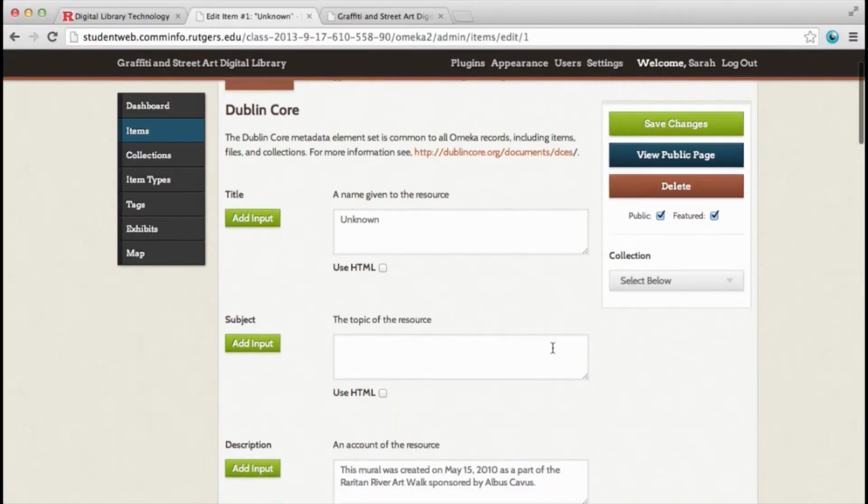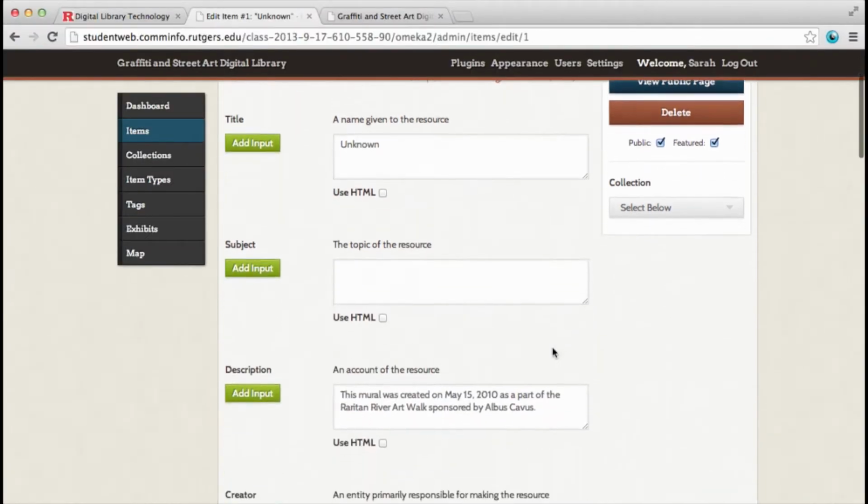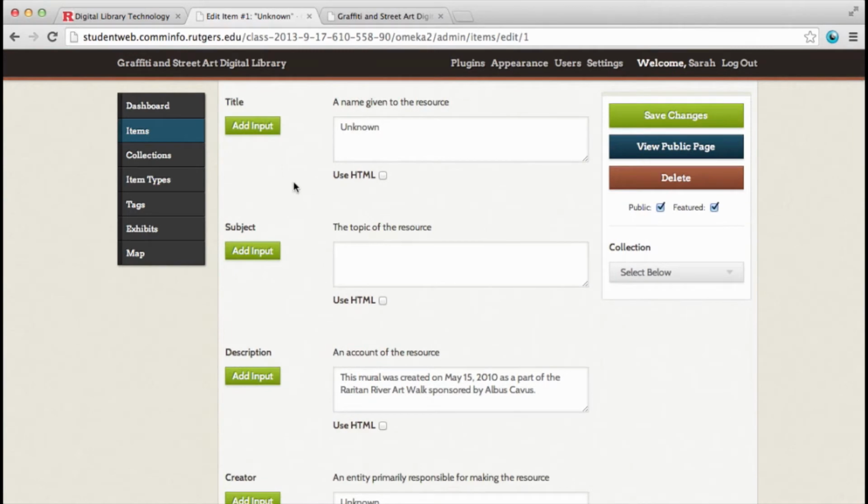Okay, and to begin, we'll start with the first element, field, whichever you want to call them. So we have title, and this is the title of the work itself. So the nature of graffiti art, a lot of it is untitled unless the artist is commissioned or wants to make it known. This piece, we don't know. I've contacted the organization that's a part of commissioning this piece, and I'll get more into that, but it's unknown